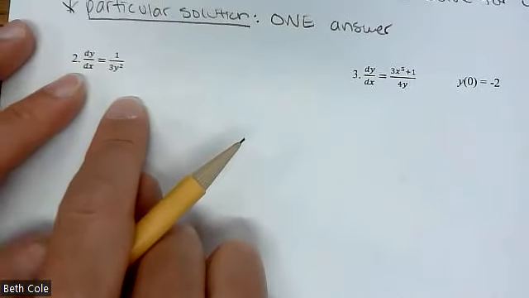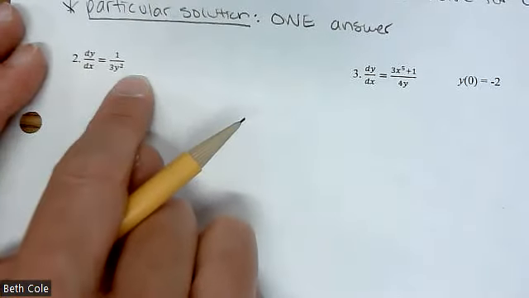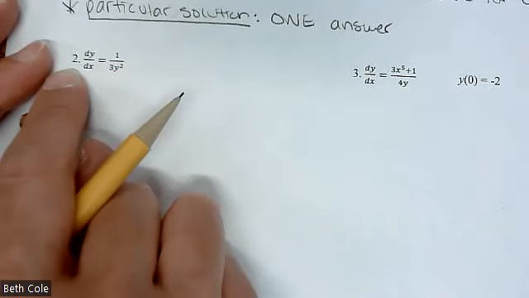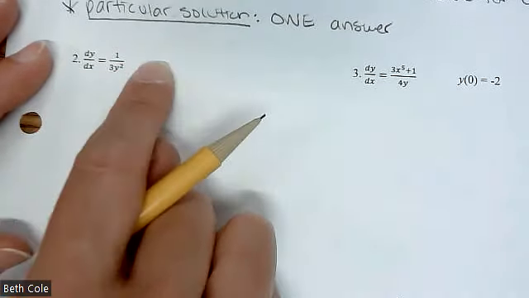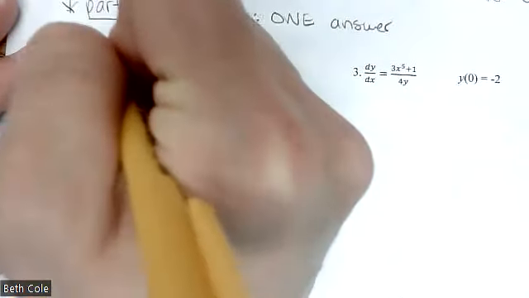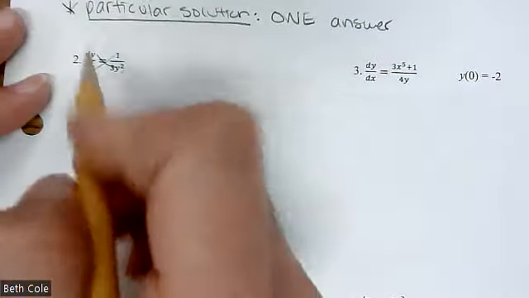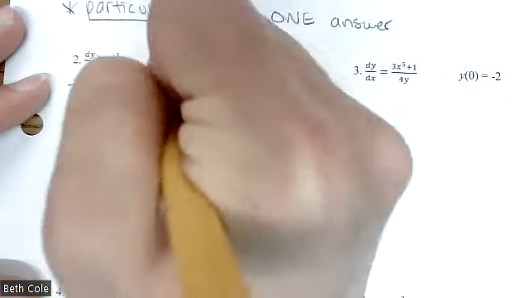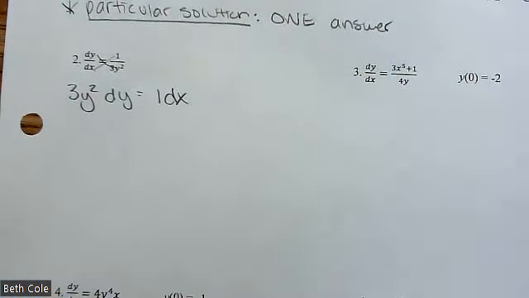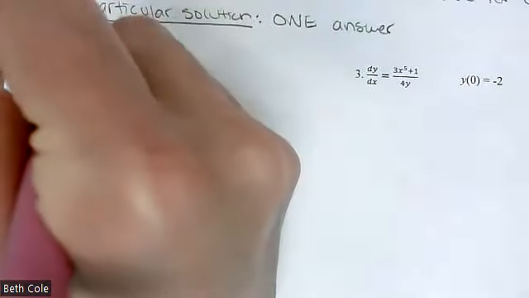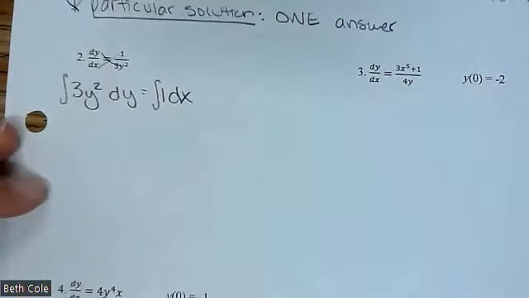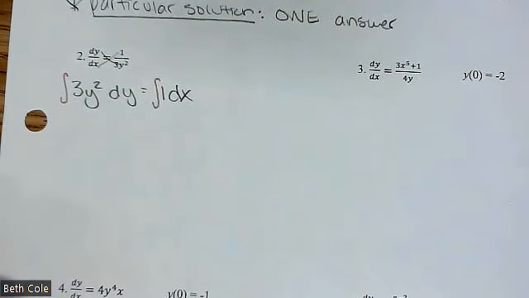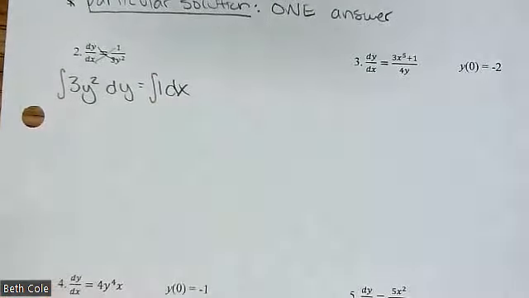So looking at this one, you want to get all the y's to the left and all the x's to the right. So I'm going to multiply the 3y squared over, and I'm going to multiply the dx over. The other way you could think of that for this is cross multiplying. You're going to have 3y squared dy equals 1 dx. And the colors don't show up very well up here, but I'm going to try anyway. I always make this a different color so that you can see the step happening. Your next step is to do the antiderivative. So yeah, it doesn't really look any different, but if you want to use a different colored pen or something. Anyway, now we're going to do the